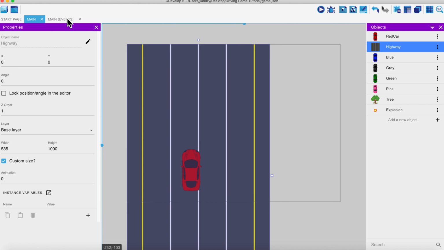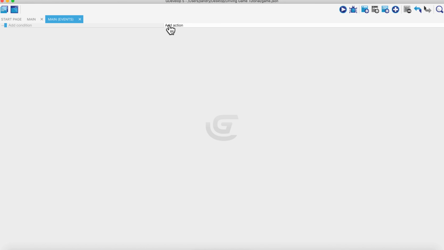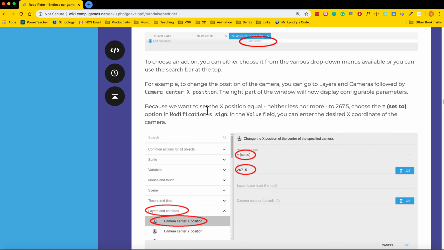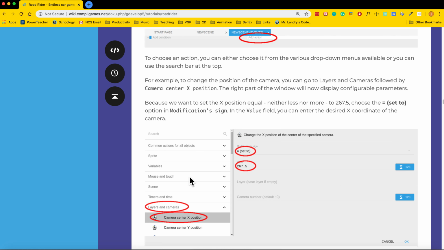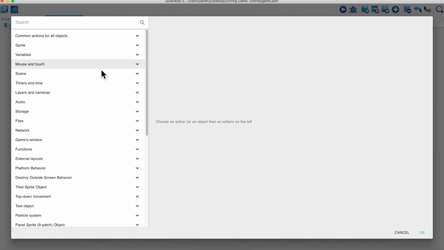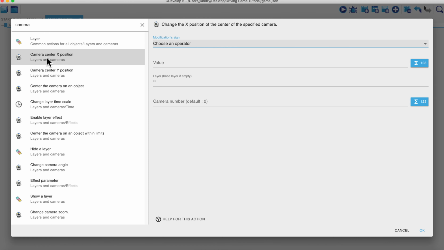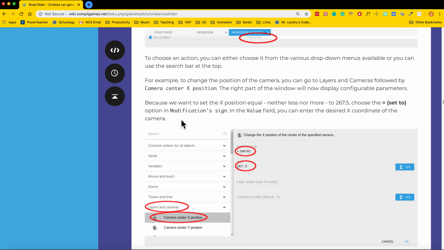All right, so we come over here and we go to our events tab. We click on add action, and they're saying that the action that we want is to set the camera's center X position. So you can go looking through the categories over here. I find that the search is the faster way to go. So I'm just going to type in camera, and you can see right here, camera center X position. Okay, so once we choose that,